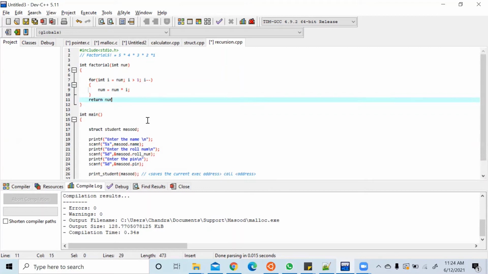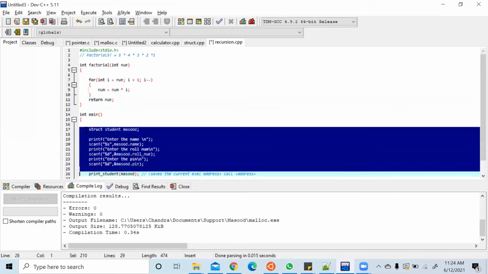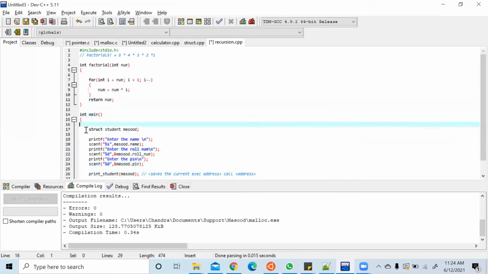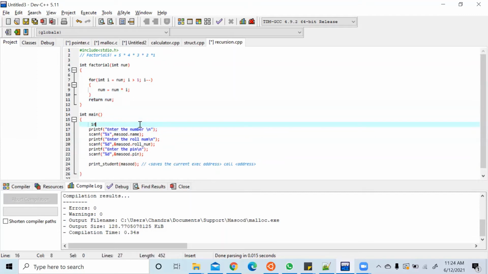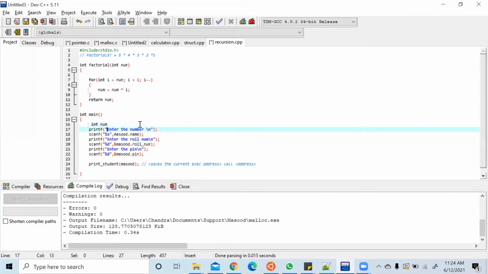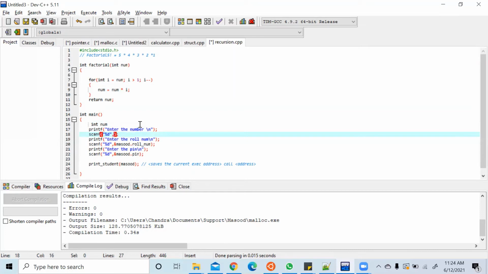Return num. So what happens is, for example, let us call this function. Enter the number, let this be address of num.